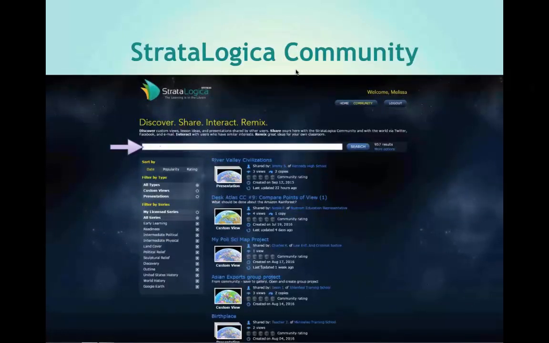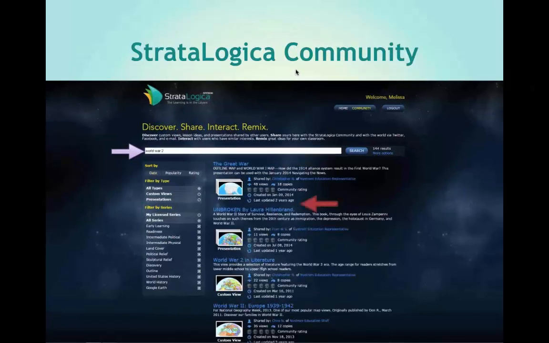The community opens with a search bar. So I'm going to type in World War II, and you can see already, on the day that this was created, there were already 957 results in the community. So lots of resources available. If you type in World War II, you get several options, 144, that are going to have some form of that phrase. So I'm going to choose, since I'm a librarian, Unbroken by Laura Hillenbrand,